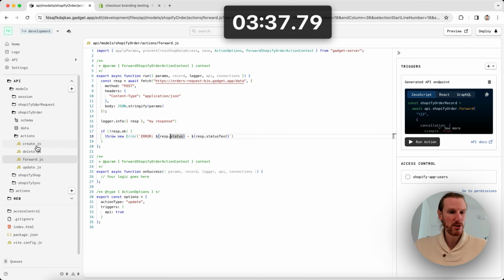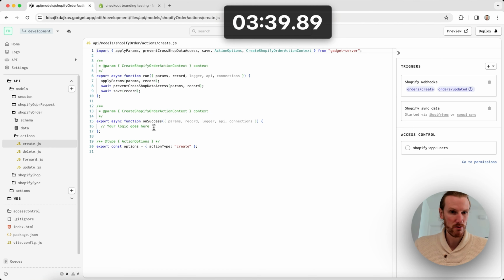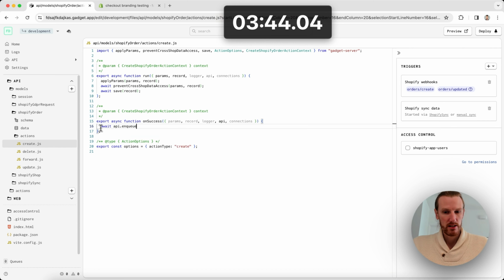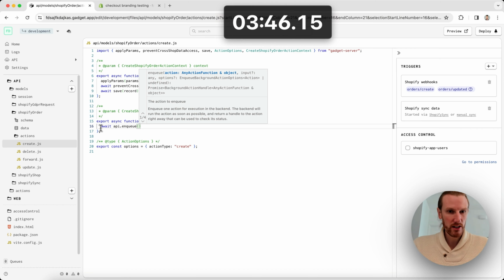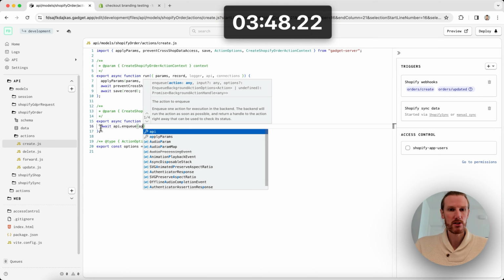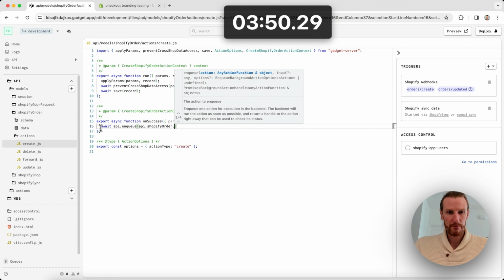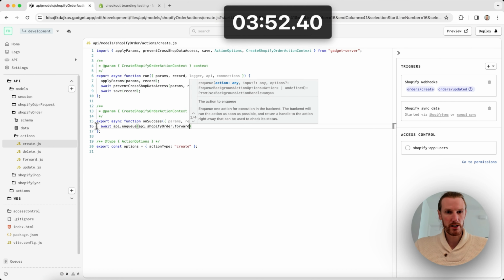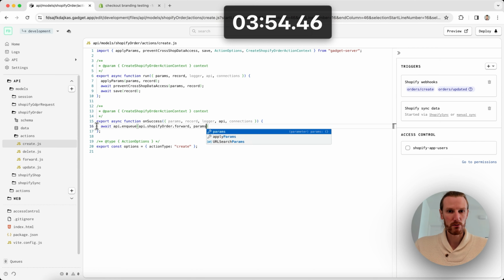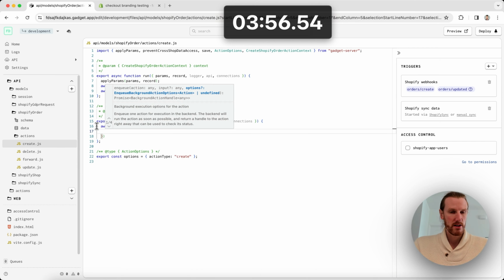Now I actually want to enqueue this action with the background actions queues. The reason I want to do that is because there's built-in reliability and retry handling and concurrency control. So I can use api.enqueue, api.shopifyorder.forward. I'm going to pass in params, which is my Shopify order object, and I am going